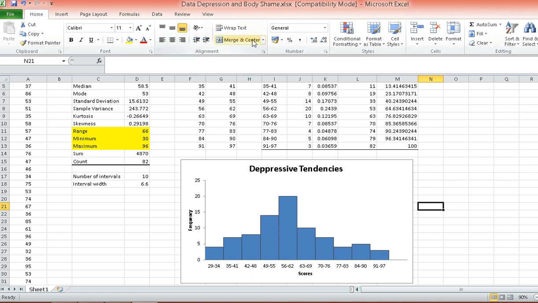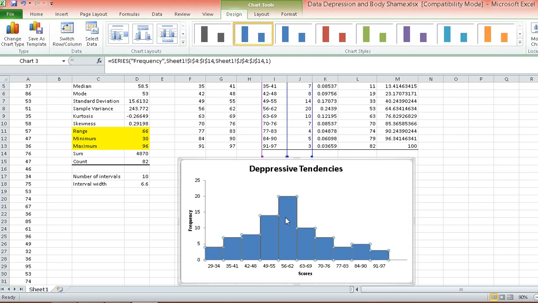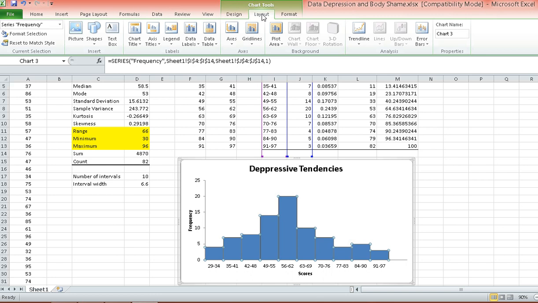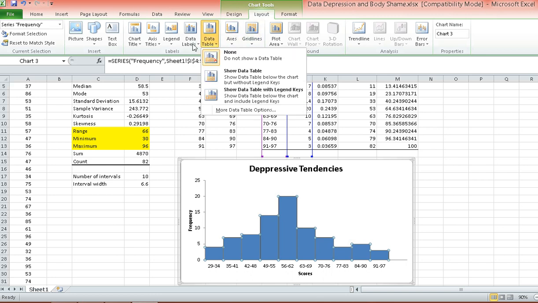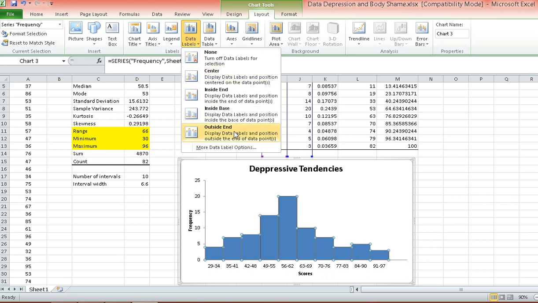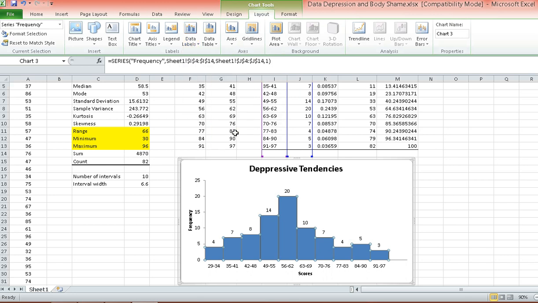Another way would be, this is already okay, but if you'd like a different style, click on one of the bars again, then go to layout, then click on data labels, and then click on outside end, so that the frequencies will appear on top of each of the bars representing the frequencies per interval.